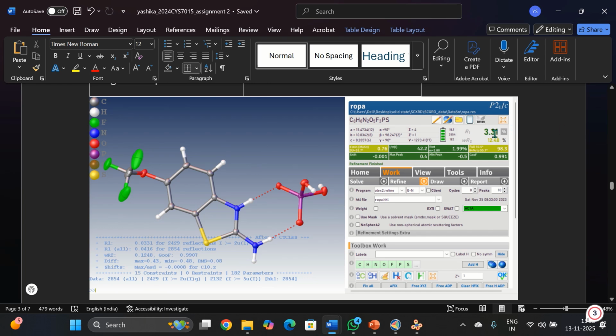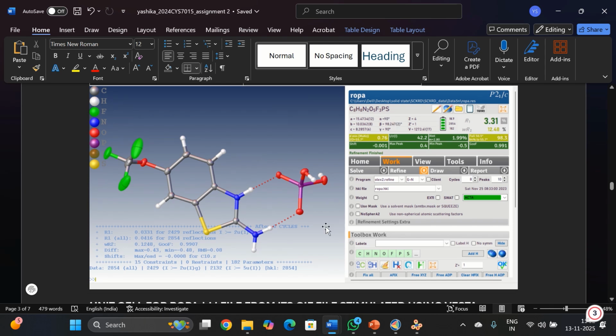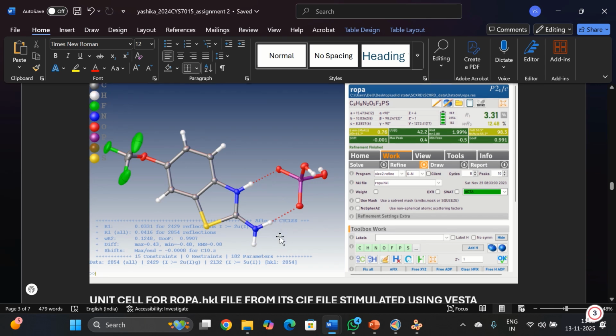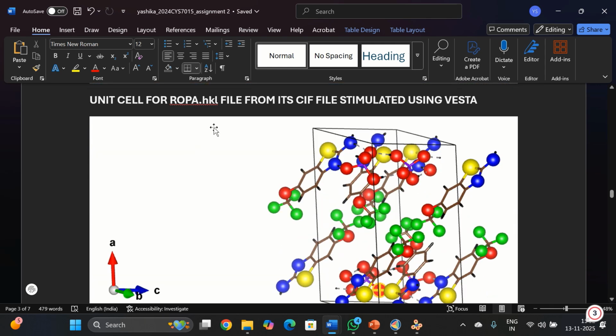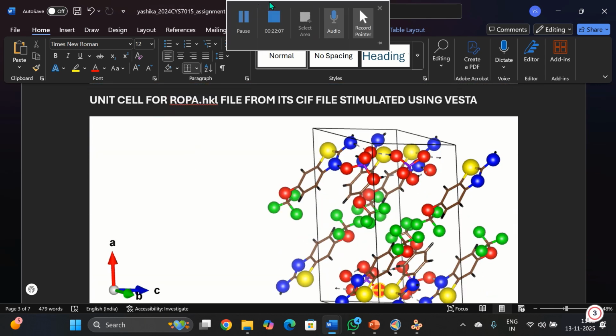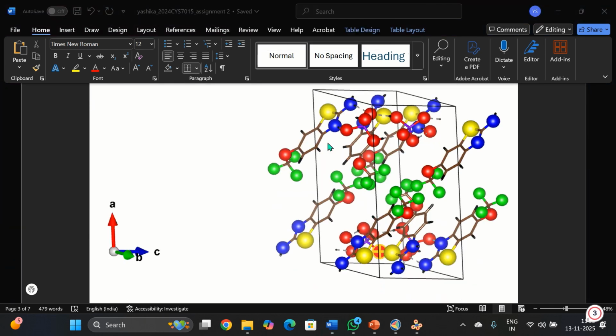And you can see that there is a good agreement in the R value, and this is how the interaction occurs between the two oxygens of the phosphate group and the two hydrogens of this particular big moiety. Hydrogen bonding occurs, and this is